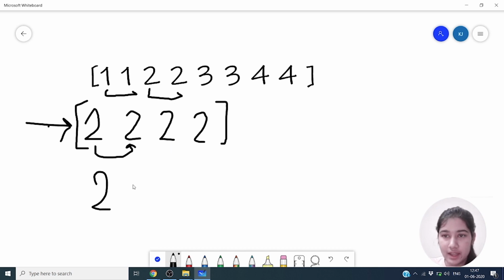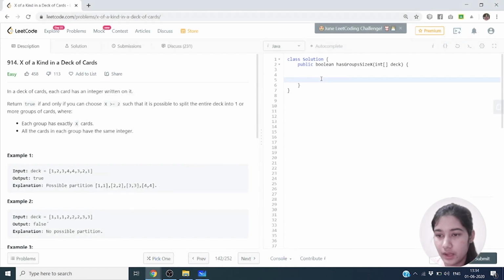So we can see that this is greater than or equal to 2, so we have to return true. And if the greatest common divisor comes out to be smaller than 2, then simply we have to return false. Now let's have a look at the code.